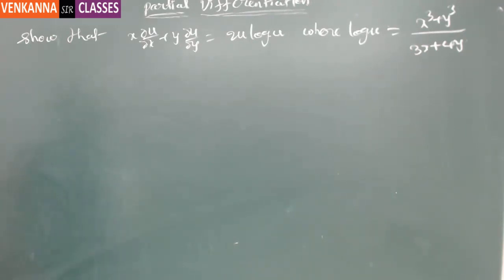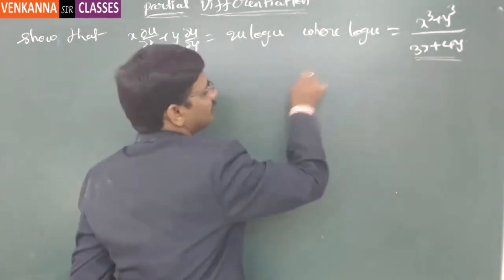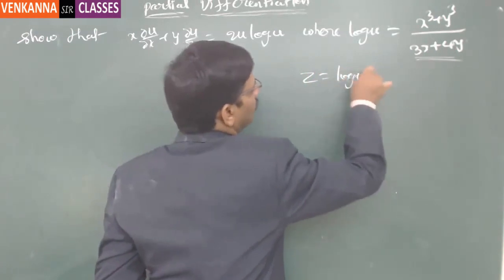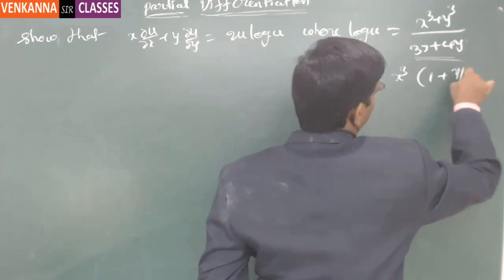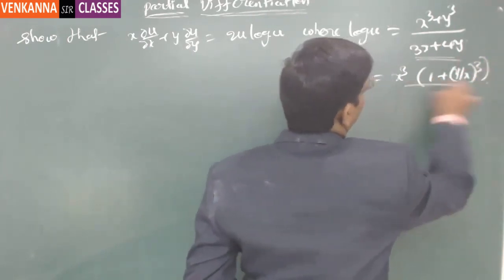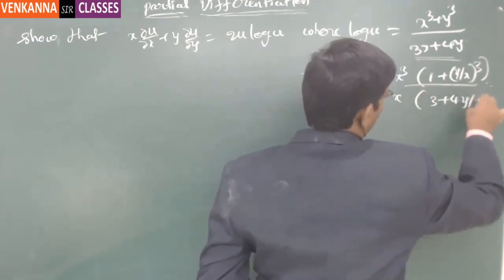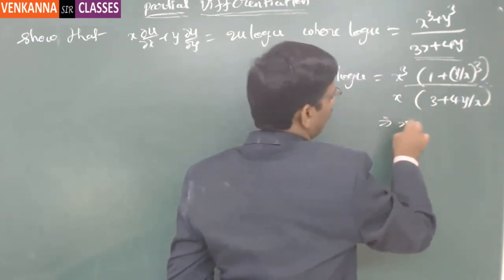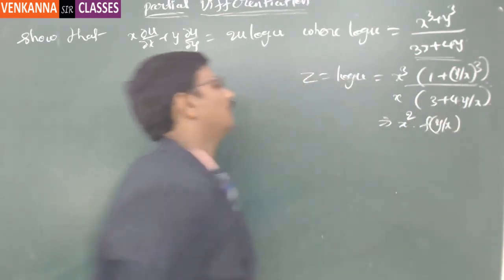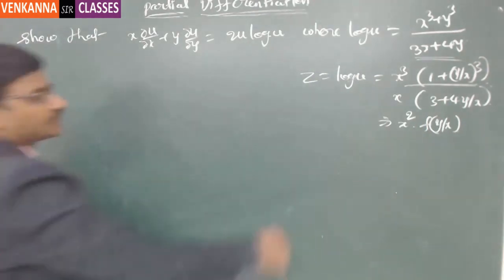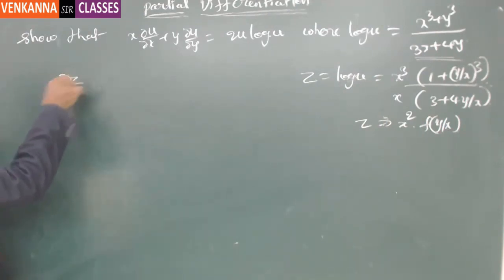Okay, so let me solve this. See, this function is a homogeneous function. Now I call this z is equal to log u is equal to, so x³, if you take it out in the numerator, 1 plus y/x whole cube, and in the denominator x, if you take it out, 3 plus 4y/x. Now this is a homogeneous function of order 2. So for this function z, what I can do is x ∂z/∂x